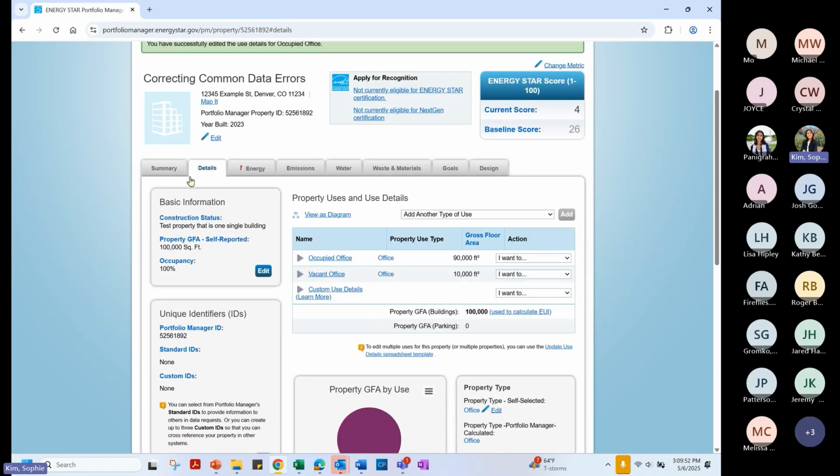All right, and you'll see here on our Details tab that the red exclamation mark is gone from the Details tab heading and also next to our self-reported GFA and the Portfolio Manager calculated GFA. So the lack of the red exclamation marks is a great indication that you have correctly changed your Portfolio Manager calculated GFA to correlate with your self-reported GFA. All right, so now that we have solved our gross floor area alert, let's go back to our slides here,